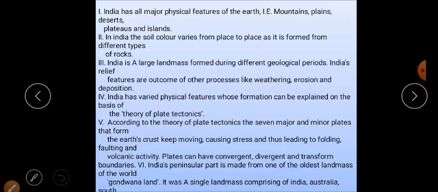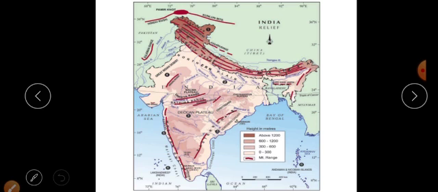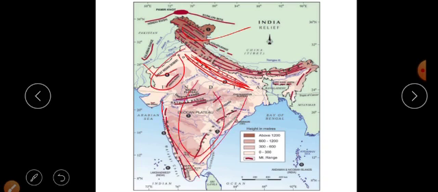After that, the peninsular part of India is a part of Gondwana land, and there you can see the volcanic activities and igneous rock. The next slide. India's relief all over: there is the Himalayan mountain range, the northern plain with alluvial soils, the great Indian desert, the peninsular plateau, and the coastal land. There is the Himalayan region. So these all are the physiographic divisions available in our country.